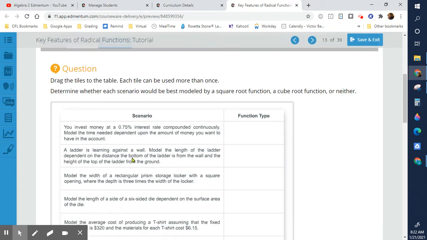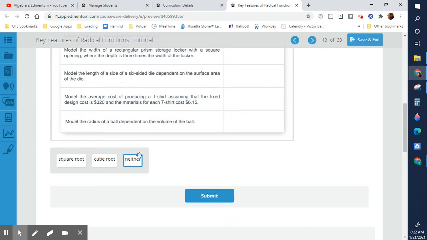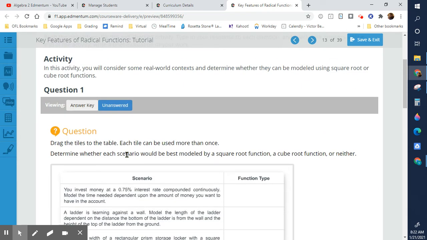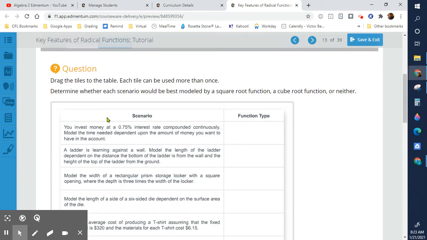All right, and now we're going to be talking about these scenarios. What type of function are we talking about when we're talking about these given scenarios? You invest money, this much interest compounded consistently. The model of time needed to depend on this. So this is